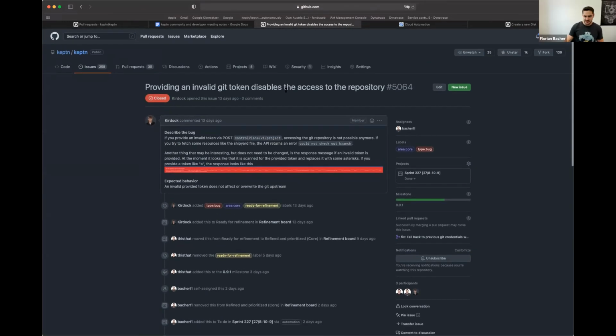The issue here was that when you had a project set up with an upstream repository, and afterwards you wanted to update the upstream credentials and, for example, updated it with the wrong token, then it basically destroyed the upstream connection, and you couldn't interact with the project until you provided the correct token again. In the PR that fixes this problem, I've changed the logic such that the configuration service will now check whether the new token is actually able to establish the connection to the upstream. If it is, then of course this will be applied, but if not, it will fall back to the previous credentials,